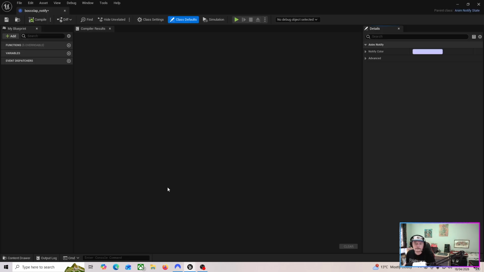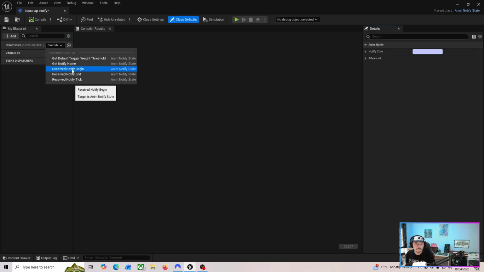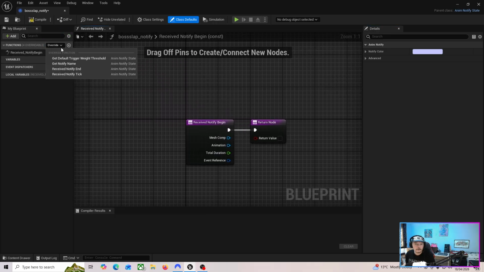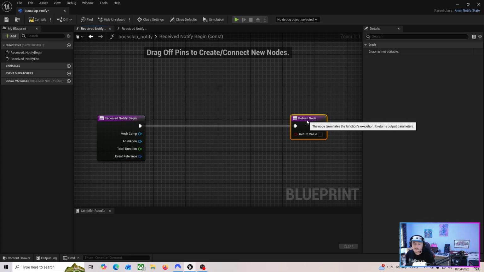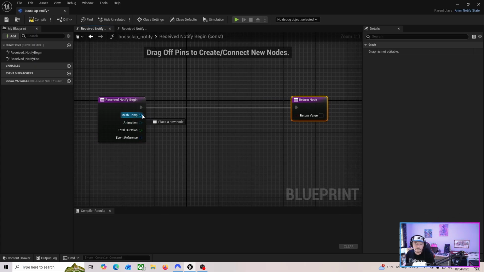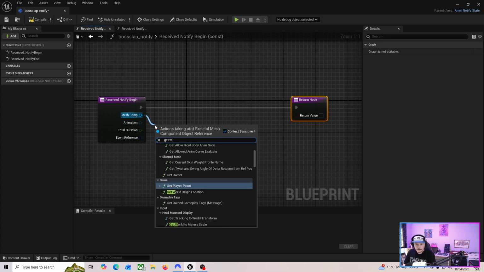Double click this, and then on functions where it says override, click there, click receive notify begin, and on override receive notify end. Now you can see you've got two functions here, receive notify begin and receive notify end. So what we're going to do is come out of mesh comp and put get owner,